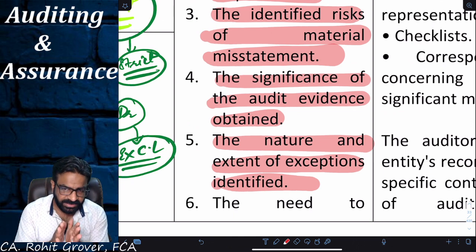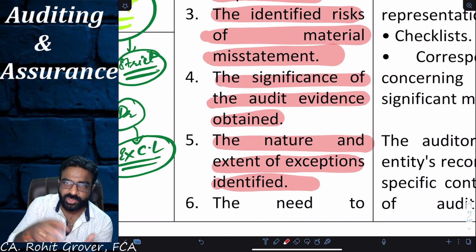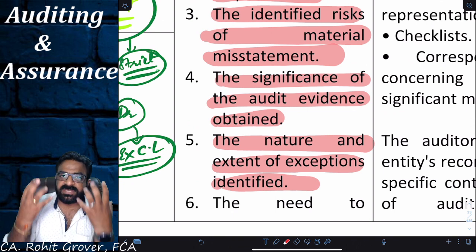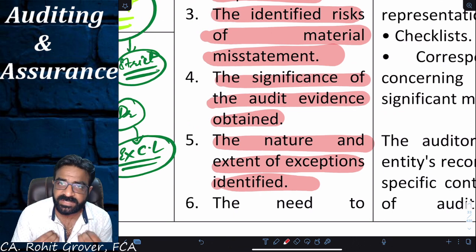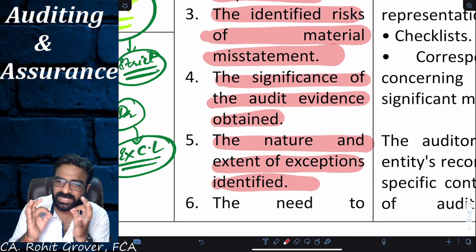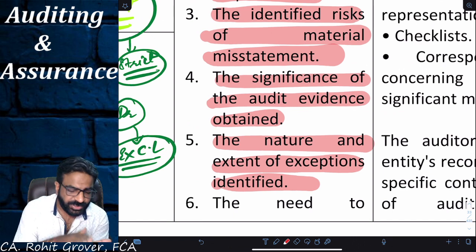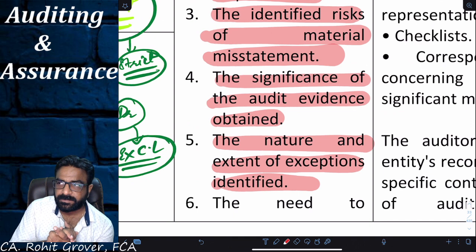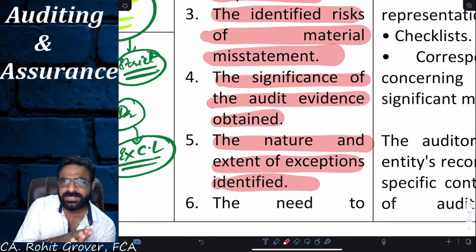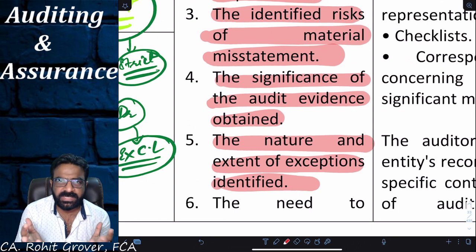Now, my question is, more and more shocking things are coming to me when I'm doing the client's audit. My question is very simple to all of you. What should be the level of audit evidence in that case? Higher. Are you getting the point? And if fewer exceptions are there, only one or two shocks came.